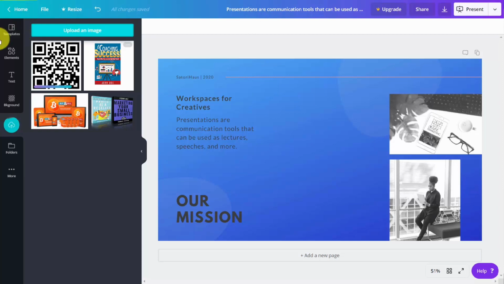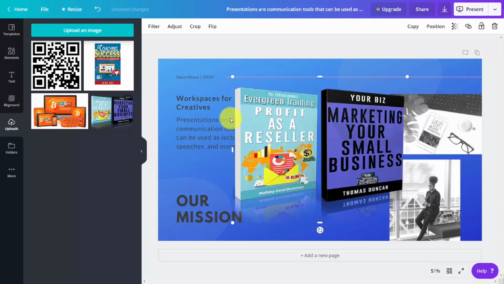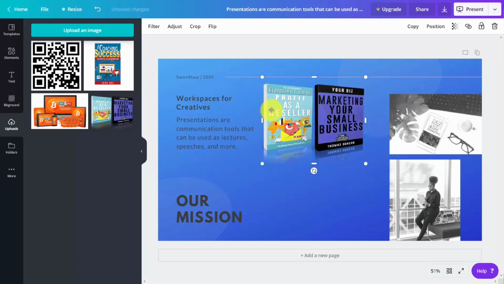You'll then see that Canva is uploading the elements to this area, and once you have them all here, they are then available for your canvas. And then you can use this element as you would any other. So for example, if we want to place this element inside of our canvas, all we're going to do is click on top of that element. We're then going to have that element here available to us, and then we can start by sizing down the element